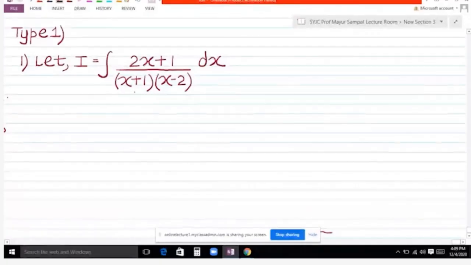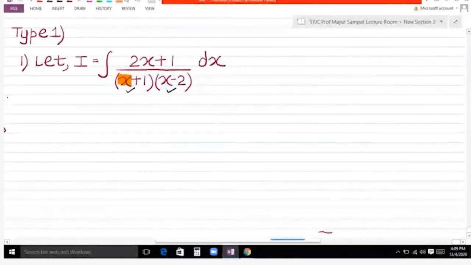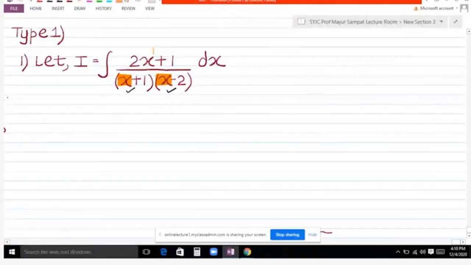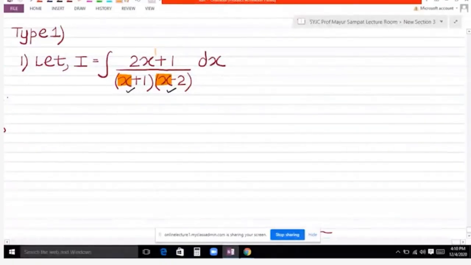फटाफट रिप्लाई करो, फटाफट मैसेज करो मुझे. अच्छा, they are the different terms बराबर है. अच्छा, and since they are the different terms, भाई लोग मुझे बताओ, since they are the different terms in both the terms the variable is x and the highest power of the variable is 1. So it indicates that